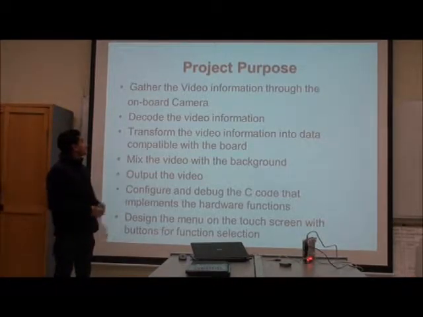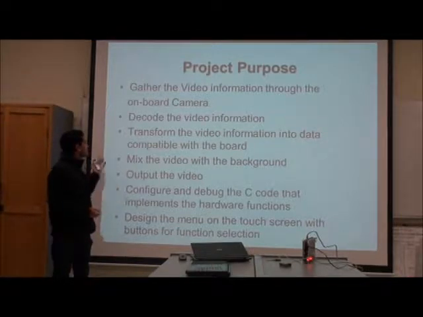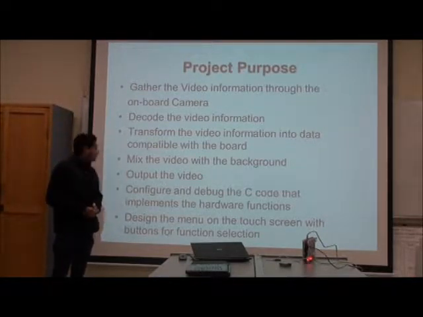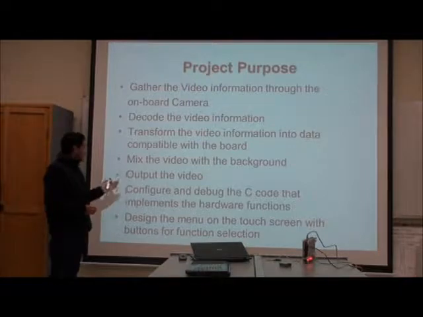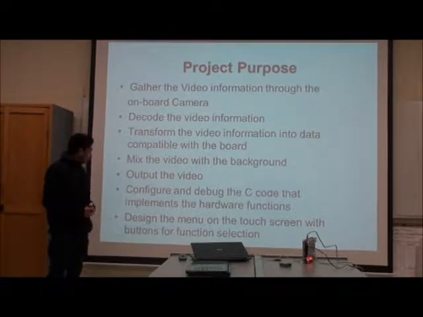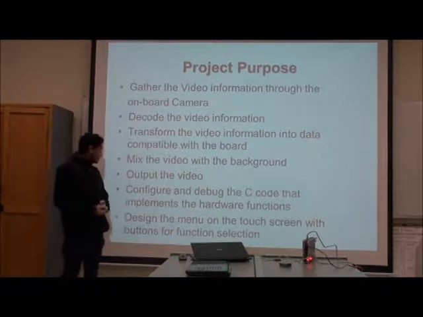So our project purpose is to gather the video information through the camera on the T-pad, decode the video information, transform the video information into data compatible with the board, mix the videos with the background, output the video, configure and debug the C code that implements the hardware functions, and design the menu on the touchscreen with buttons